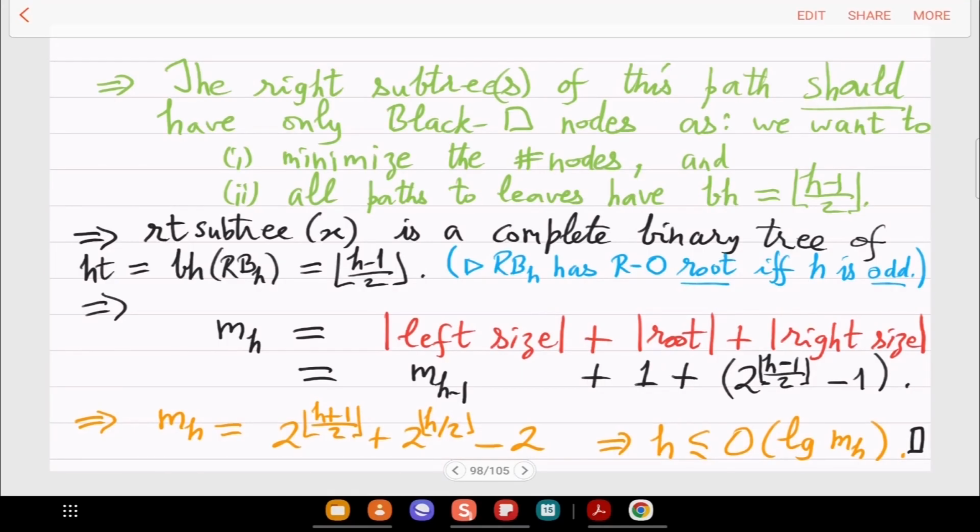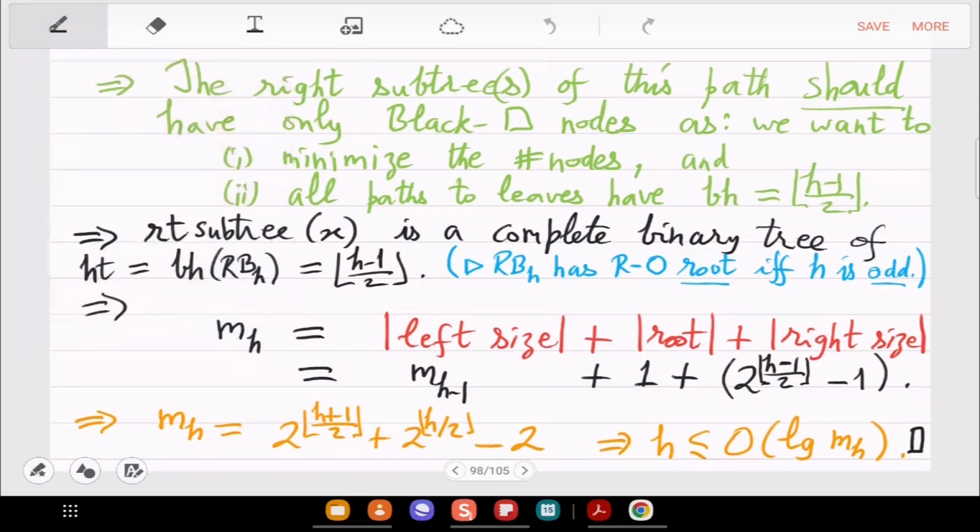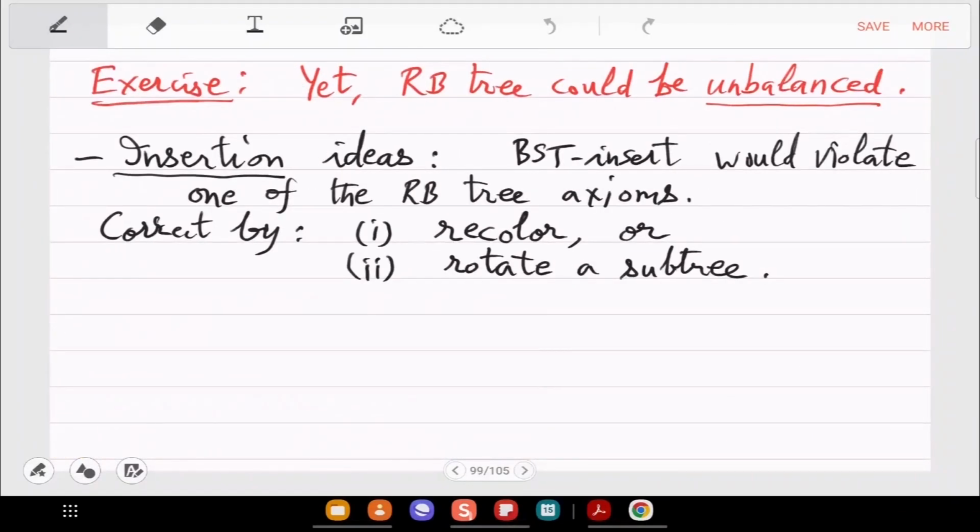So let's now move to the important part, which is what does it mean for insertion and deletion. So insertion here we will show mainly by examples, and we will not cover all the cases because the cases can be paired up by symmetry. If we show some insertion on the left side, the same algorithm can be written for the right side by symmetry. So modulo the symmetry, we will give you all the cases.